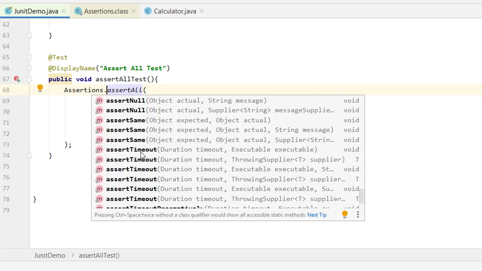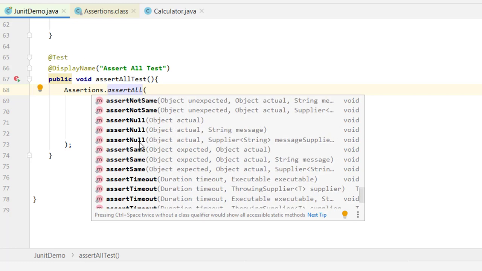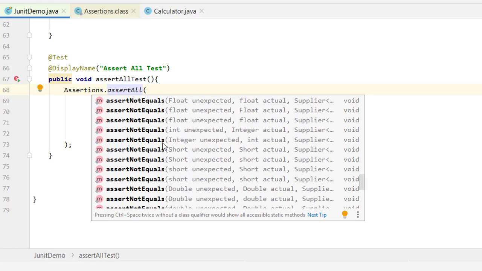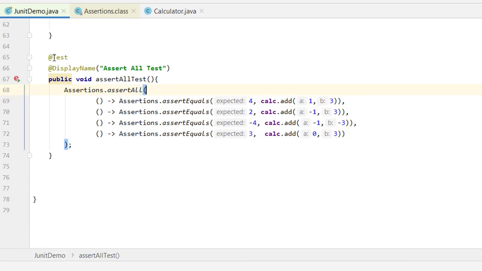There is assert timeout also, where whatever expected timeout we have, we can put it with the actual and compare both. Then assert same and assert not same, and assert does not throw. As we have read about assert throws, assert does not throw is the reverse of that particular method. There are a lot of things, but let me show you one more and then we will wrap up.